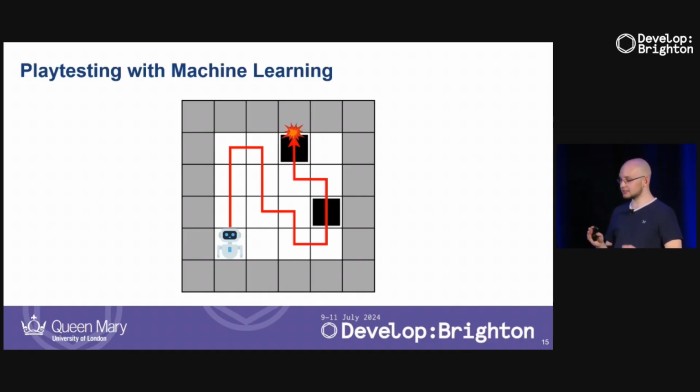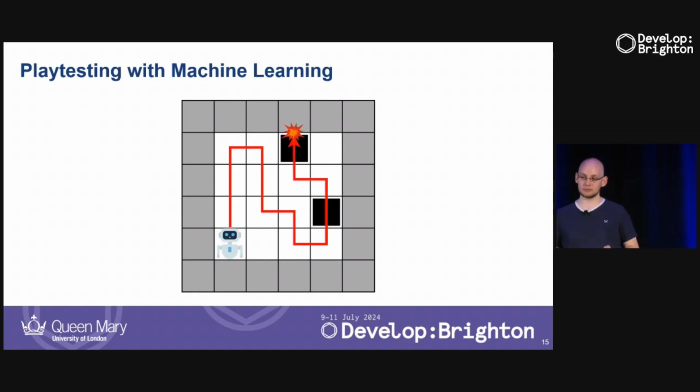So technically, this could be quite nice for testing a lot of edge cases, a lot of brute force testing approaches. And as the agent evolves, it might even be able to test our game in a much more sophisticated way. But again, as the game evolves, machine learning agents have the tendency to just overfit on whatever we've trained it on. And then if we add new features to the game, they're again going to break. And so we have to retrain them, which again is going to be very expensive and time consuming to do.